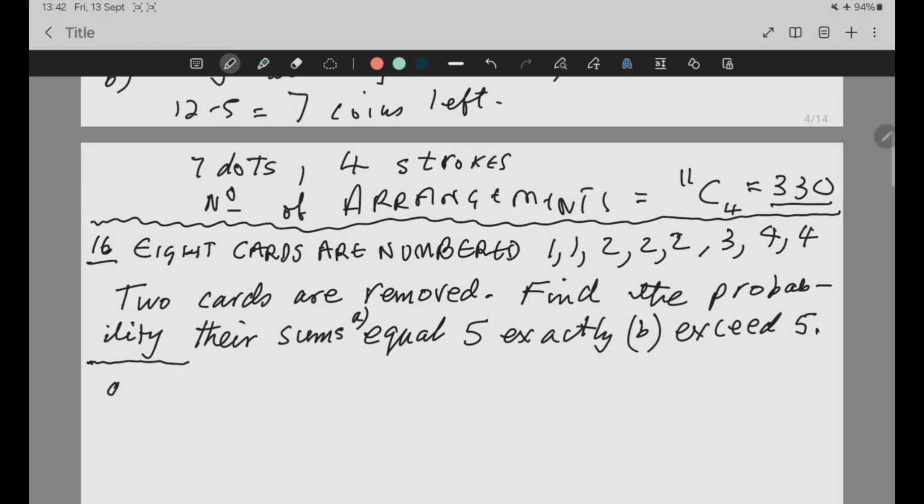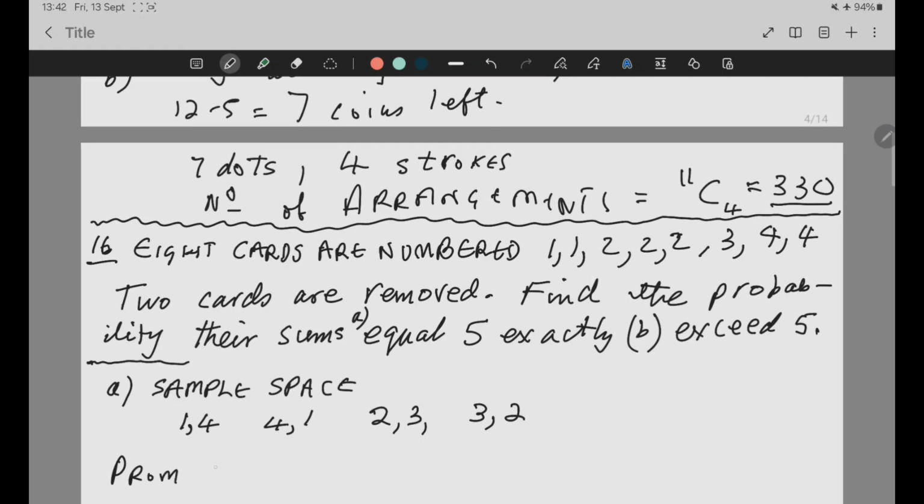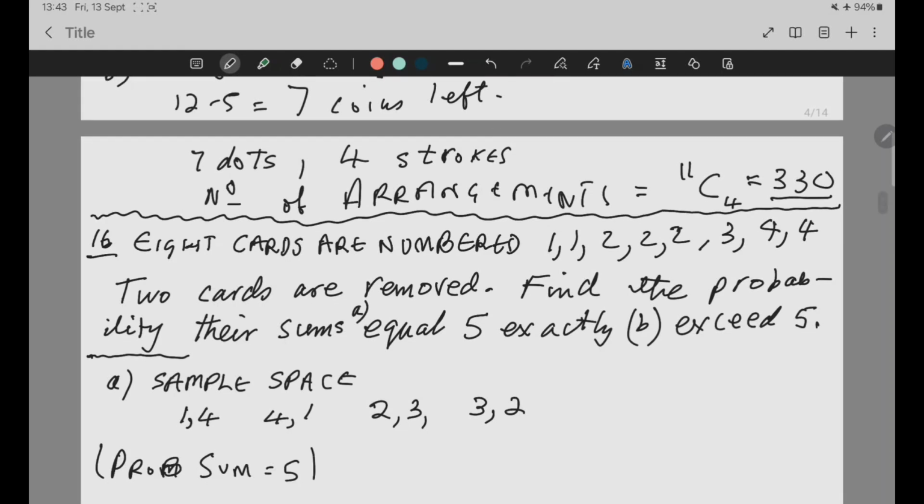Right, so let's look at question A and write down the sample space. Sample space, and that's a 1 and a 4. You want numbers that will give us 5, and then 4 and 1, 2 and 3, 3 and 2. And the probabilities will then be, probability sum equals 5 will be,